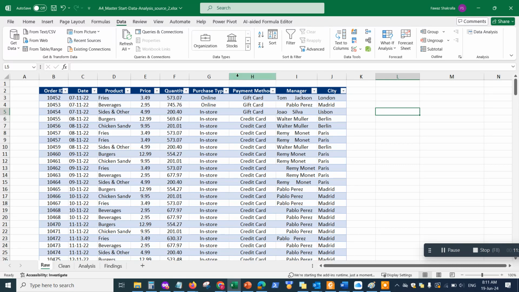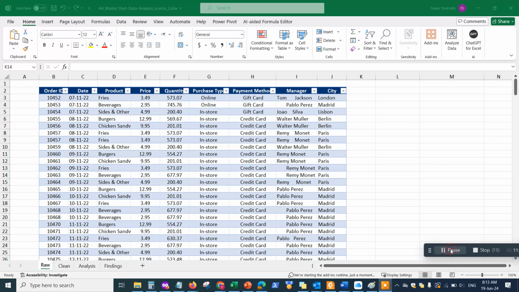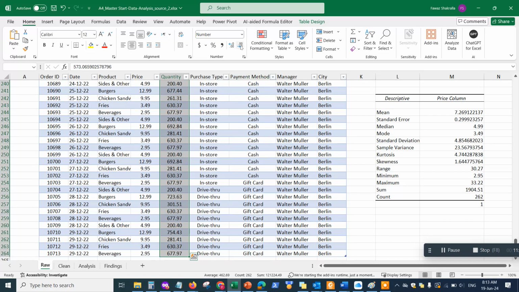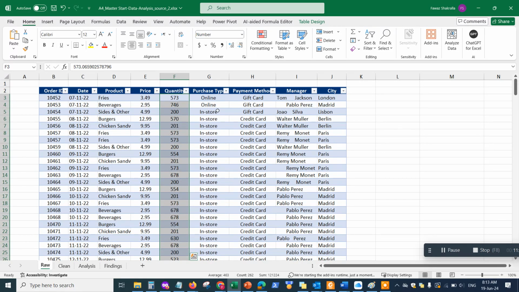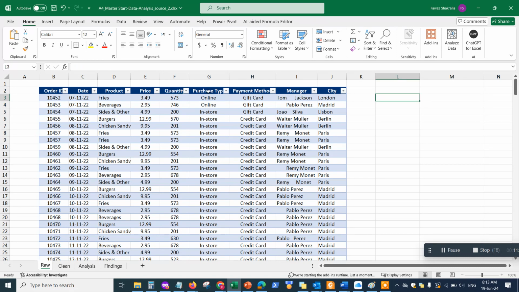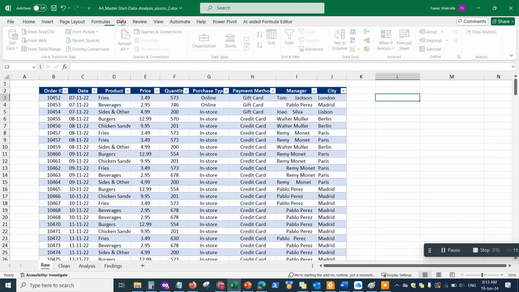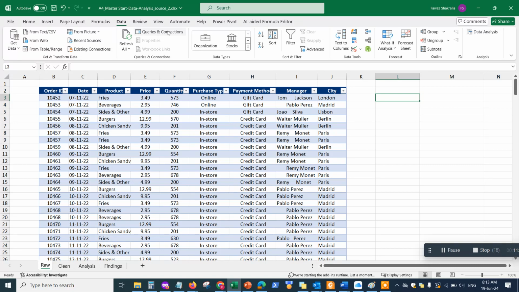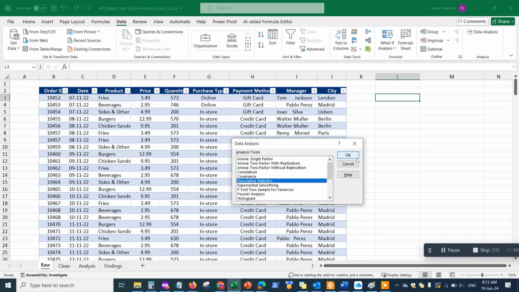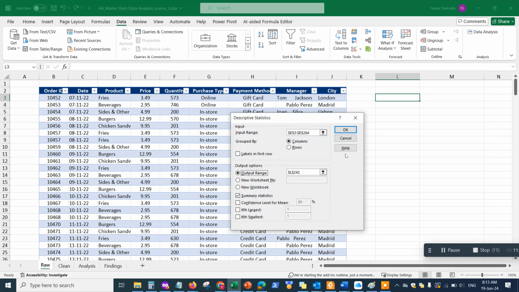So for example, for the quantity here, I'm just going to press Control Shift Down, and then I'm going to decrease the decimals just to make it whole numbers, right? So I'm going to do the same thing for the quantity. I'll go to the Data tab, click on Data Analysis, and then I'm going to choose Descriptive Statistics. I'll click OK, and then I'm going to choose my input range,